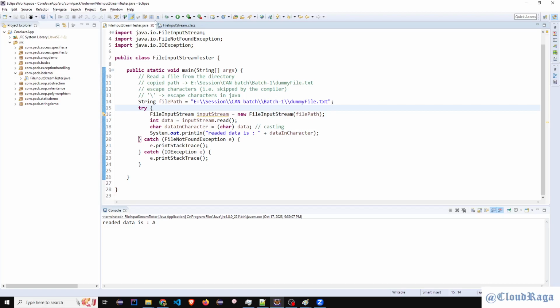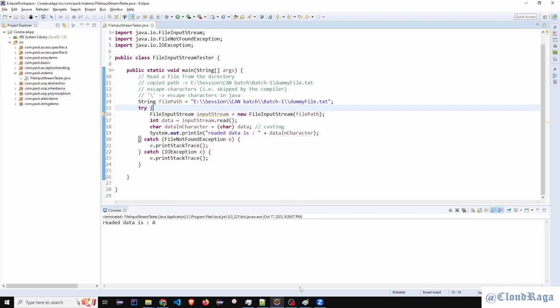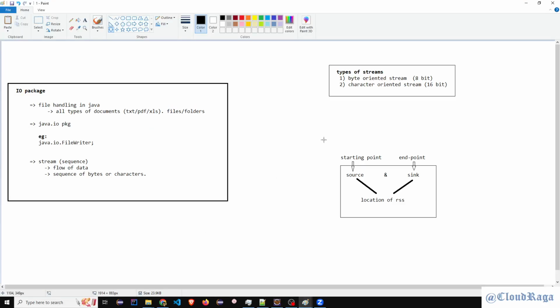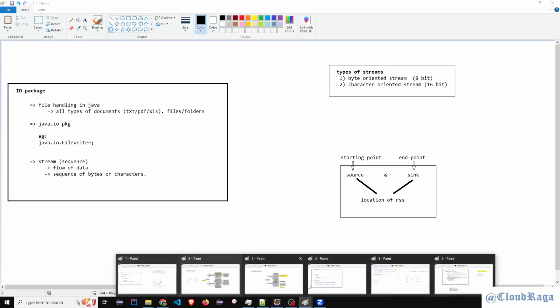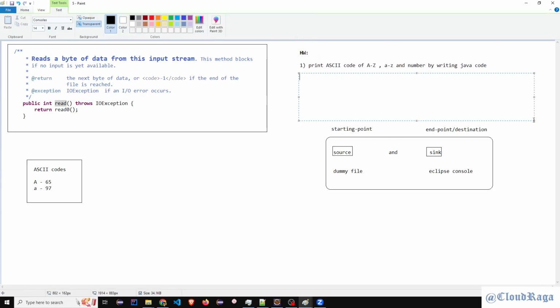Let's do the same with writing. Again, I want to write something in a file, but just one character. Before I forget, the next homework is to read multiple characters. If it won't work, don't worry, I will help you, but I need some examples from everyone tomorrow, definitely.